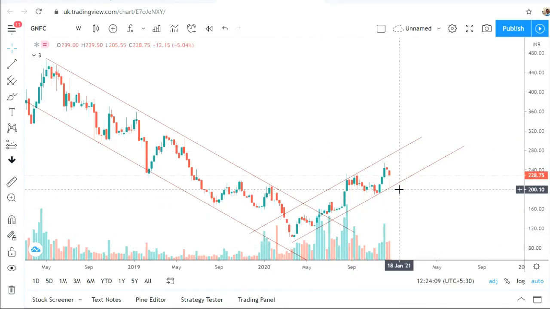In case someone is looking to buy it, all the buys should be done at this support level because those will be the low risk entry. I'll give you an example. Let's say price starts going up. You enter somewhere here around 280 levels. Then price will fall here to let's say 250 levels, you are making a 10% loss right away. And if price breaks below, you will have to exit because this will be acting as your dynamic stop loss and you are at a loss of 10%.